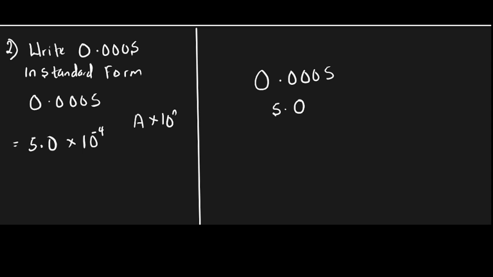That is how to express numbers in standard form. One of the quick tips is this: whenever you have a number, be it whole number or decimal, move the decimal point to a position where you can have a number between 1 and 10, then write the number down. The number of times you have moved will determine the power of your 10. If you have moved from the right to the left, it's going to be a positive power. But if you have moved your decimal point from the left to the right, it's going to be a negative